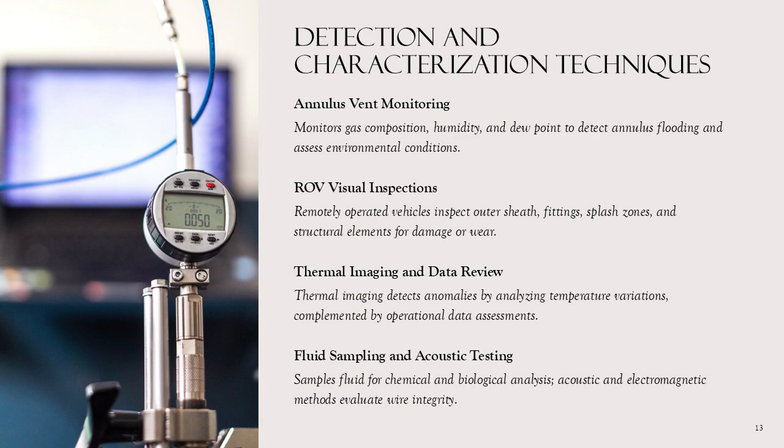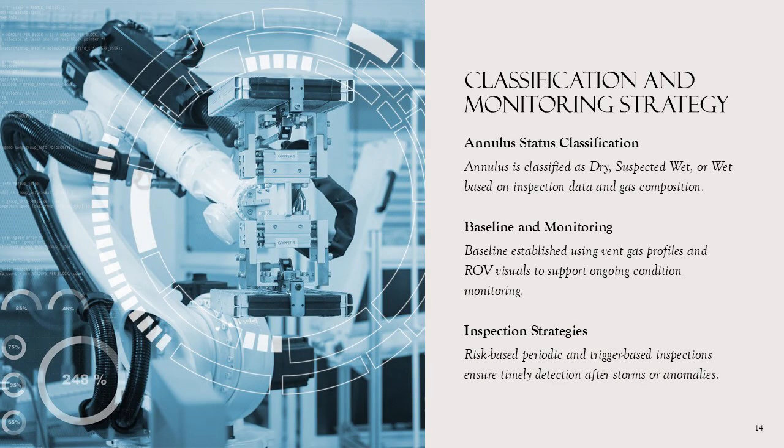These techniques collectively enable accurate classification of annulus status and inform subsequent engineering analysis. Annulus status is classified as dry, suspected wet, or wet based on inspection data. Dry status indicates normal gas composition and successful vacuum hold, while wet status confirms water presence, H2S detection, or vacuum failure. Monitoring strategies include establishing a baseline with vent gas profiles and ROV visuals, conducting short-interval follow-ups for wet status,